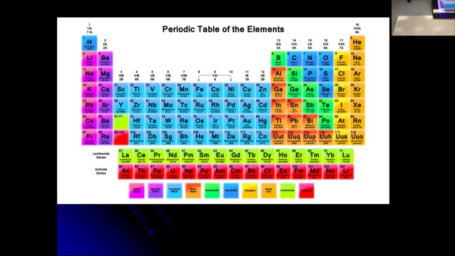Notice it's not too close to fluorine. Remember, fluorine's very electronegative. It likes to attract electrons to itself. We also know that fluorine's very reactive. Carbon is not really close to fluorine, so it's not as reactive as maybe oxygen would be. But also notice it's a little further away from lithium as well. If you take lithium metal, you can see the YouTube videos on this. Take a little lithium metal, throw it into water, it buzzes around and then goes pop. Right? Take some carbon, some charcoal, throw it in water. What happens? Nothing. Right? So it's not as reactive as lithium, nor is it as reactive as fluorine.